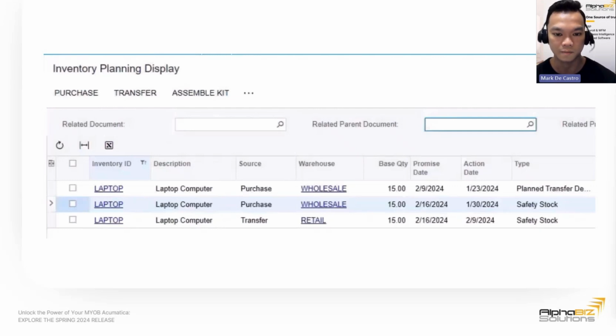And on the first line item, Acumatica is also telling us to purchase these 15 laptops to meet the safety stock of the wholesale warehouse. That's all based on our source of demand, which was the transfer example earlier.